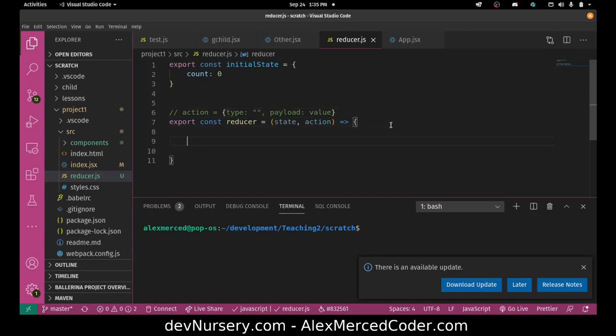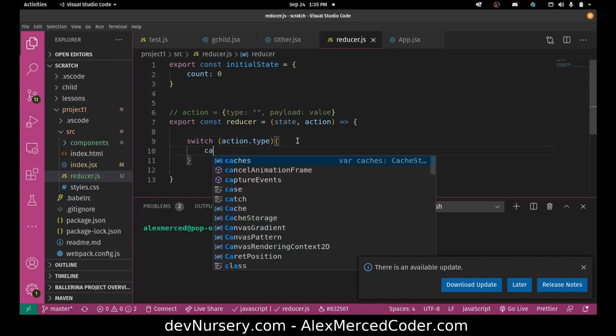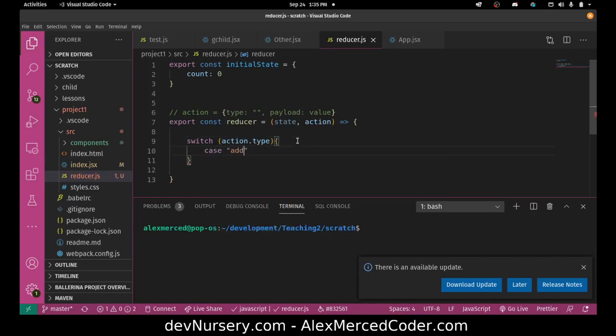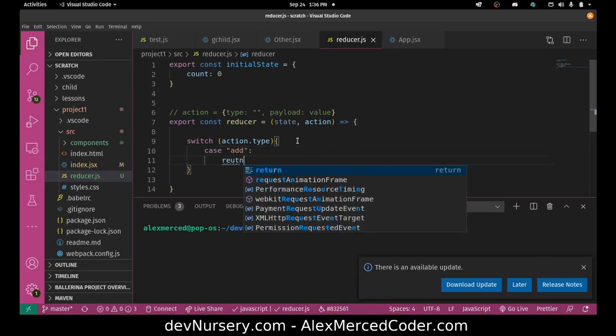So typically what you do is you create a switch. So switch, and the thing we're testing is the type of action. So action.type is sort of what's being passed into the switch. Again, we're creating a counter, so we're going to keep this real simple. Basically, we're going to say one type of action is add. We're going to add. And in that case, what it's going to return,